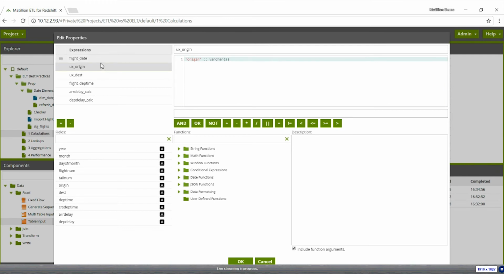Then we have the origin, which basically we're making sure it conforms to the three character width that we are going to set in the target. The same goes with destination, and then we are calculating flight departure time based on the departure time that's available